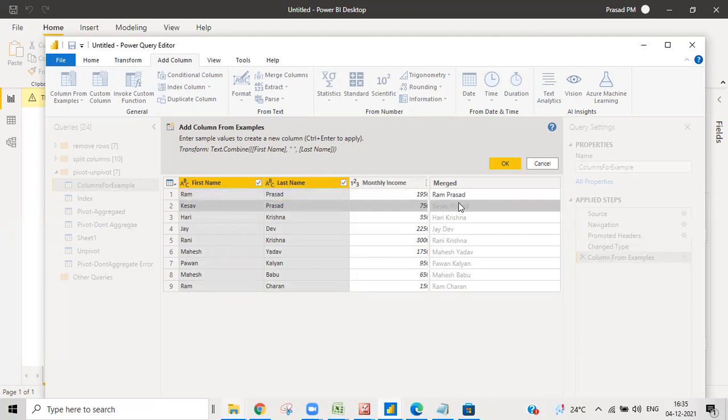I don't want these things like here, and sometimes it is unable to understand. So it will still be that R space Prasad. Every time, for the last name, it takes R. It is not the first letter of this. It is taking some R character given for every row. Okay, it took it like that.